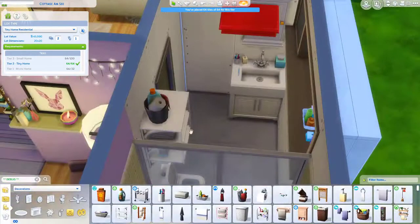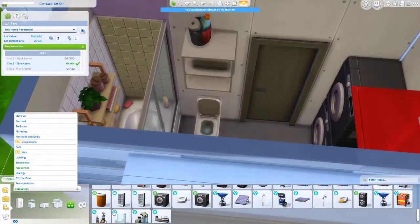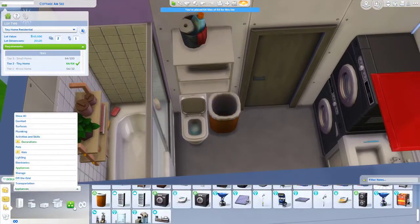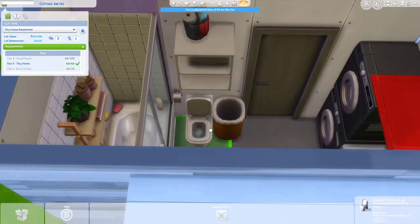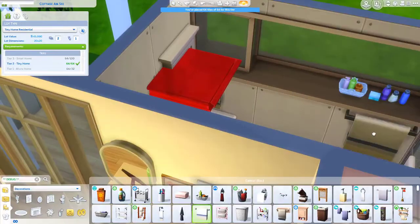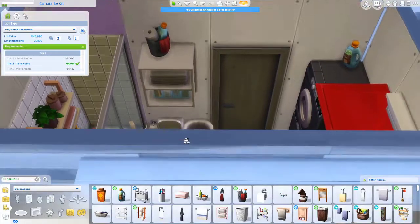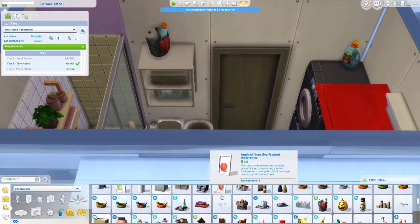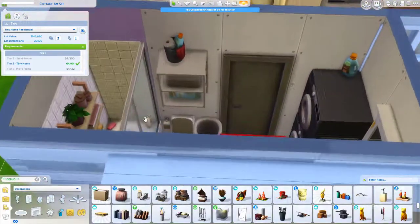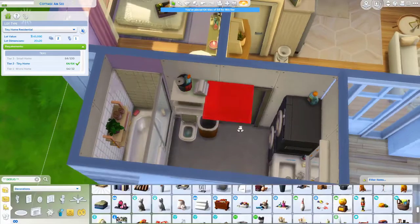I've also had a lot of fun lately cluttering up bathrooms. I just feel like something about my style of building has changed. I don't know what it is. I feel like my building has improved a lot lately, and I don't want to sound like I'm bragging. It's just something I'm proud of. I've really worked hard on my building skills and how I put stuff together to make other things and all that stuff,